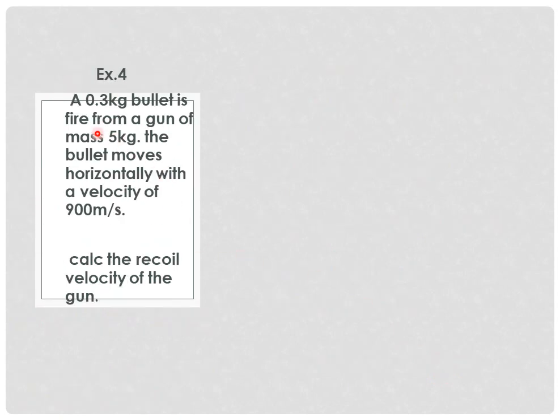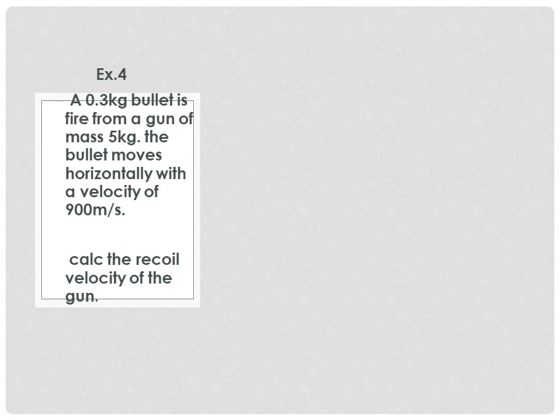Example number 4. I think this should be the last. A 0.3 kilogram bullet is fired from a gun of mass 5 kilograms. The bullet moves horizontally with a velocity of 900 meters per second. Calculate the recoil velocity. If you have ever fired a gun, the experience is that when the gun explodes, as